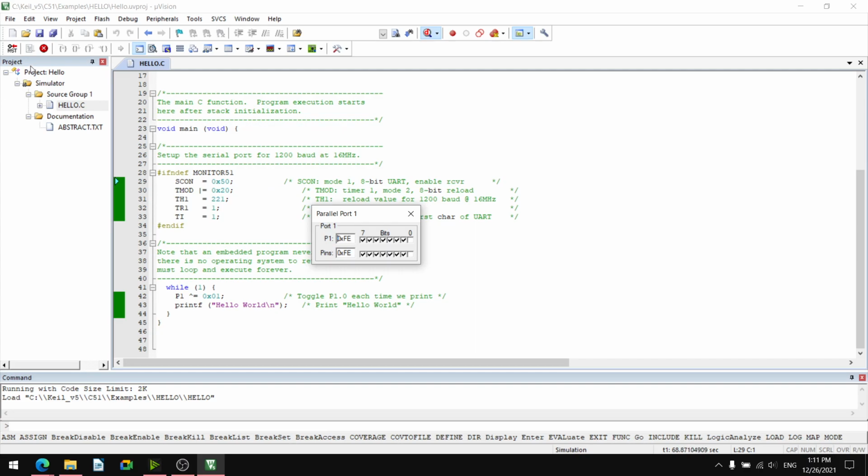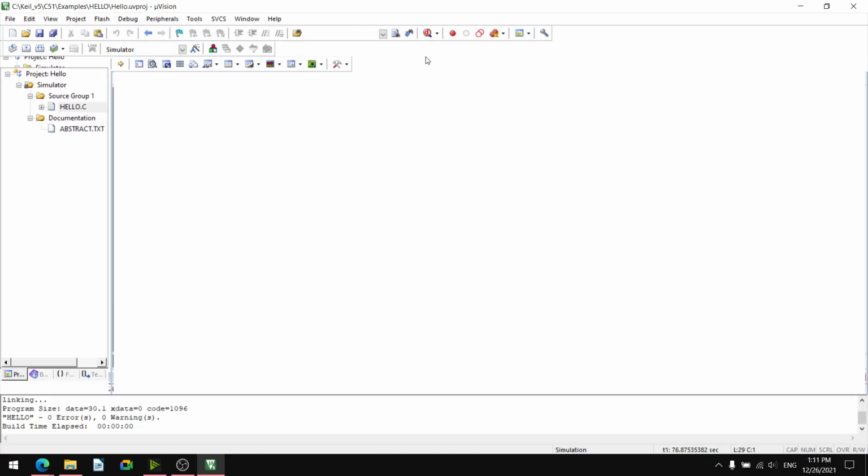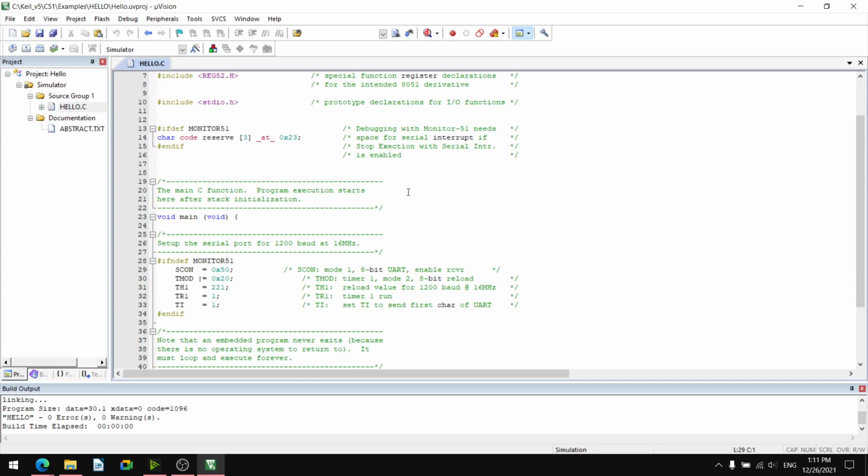If you want to stop the execution, I will click the stop code execution button. I will stop this. Okay. Then I will stop the debugging also. The start/stop debug is the same button. I will click this and stop the execution. Okay, now it has come out of the debug mode.